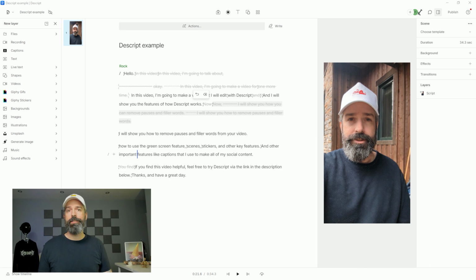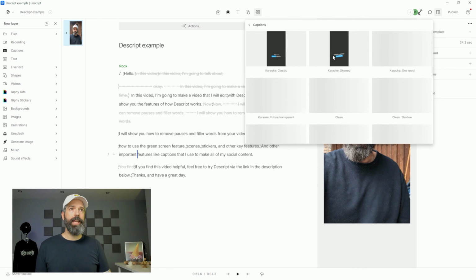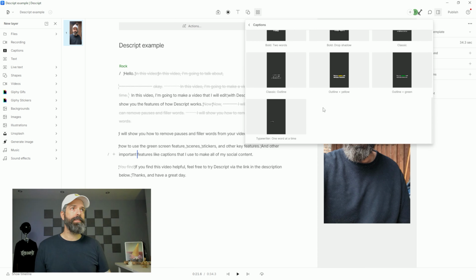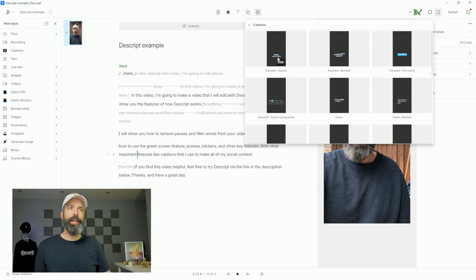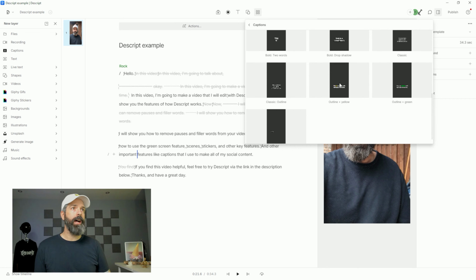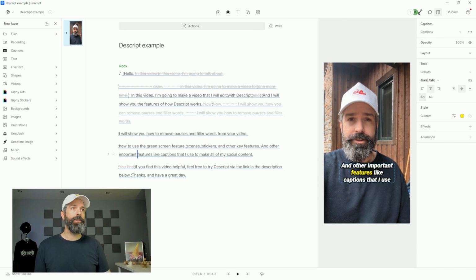Now that I'm happy with the script and the flow of the content, I'm gonna go ahead and add the captions on here. You just click the 4 squares for the template gallery and then choose captions. And you'll see they have most of the standard caption types you see on social media. So you can choose if you want a karaoke highlight, single word, different colors, different slants. I personally like the outline with the yellow, and all you need to do to add it to your video is double click and it will automatically do the work to put it onto the video